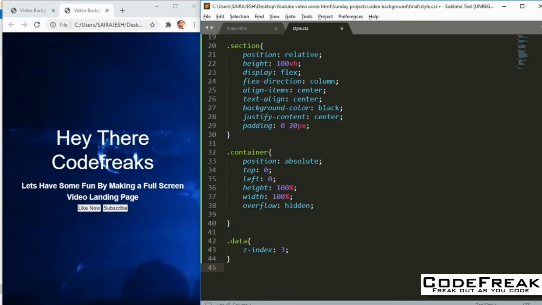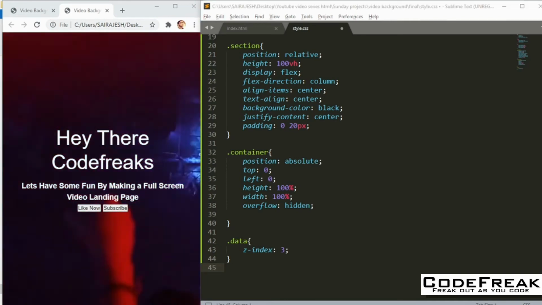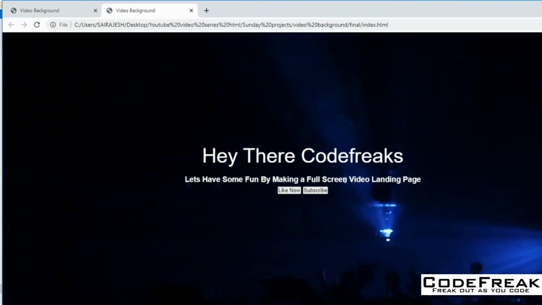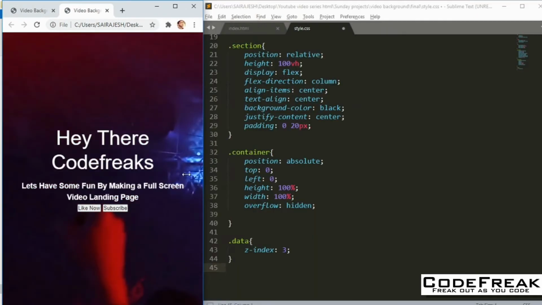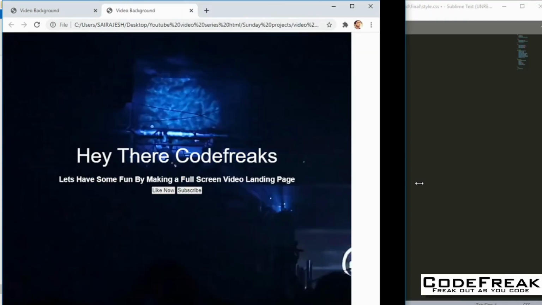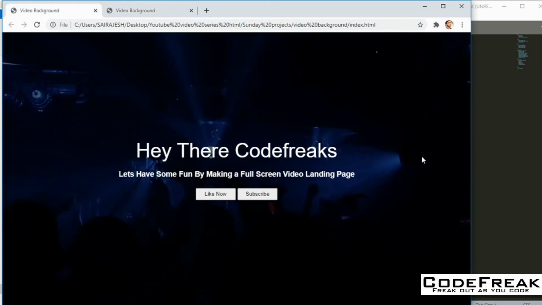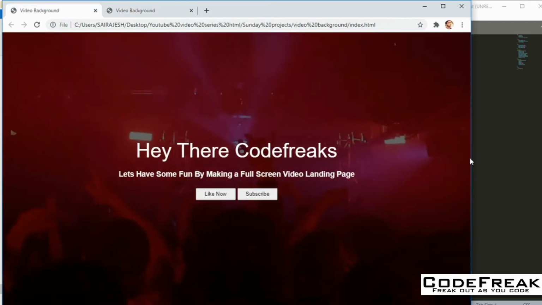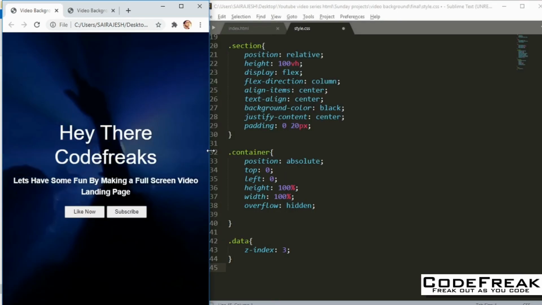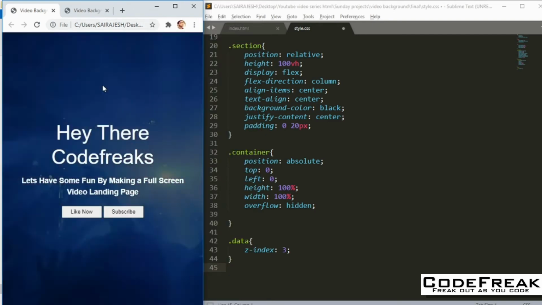So next, what we are going to do is we are going to try to make this video proper. You can see that only this part of the video, so whenever I'm changing the video here like this, you can see that only that part of the video is being shown. But if I go to the original one, you can see that it's a bit more dark. And also that when I expand it, it's centered automatically. So there's this one small difference. So let's try to make it centered.